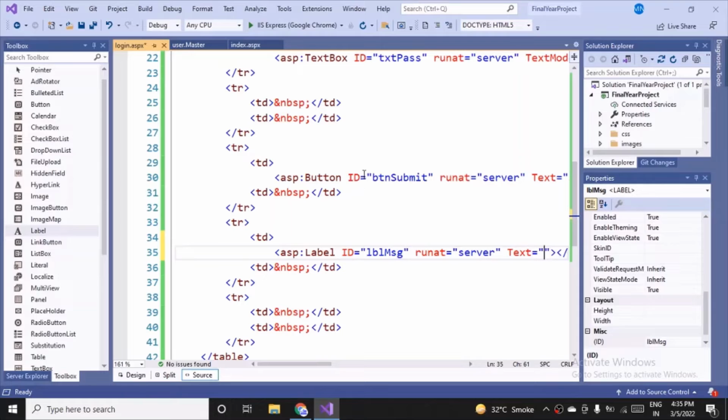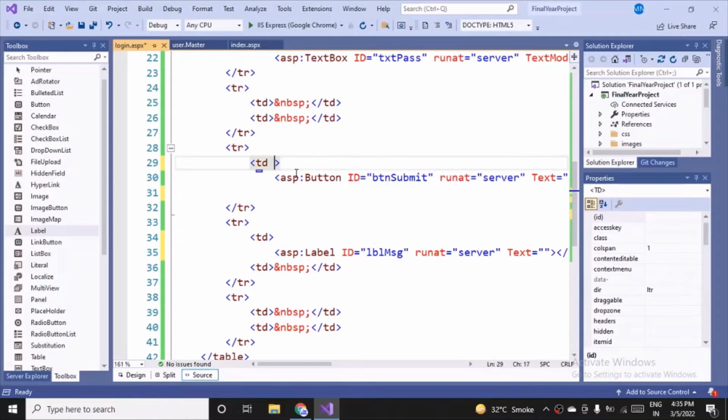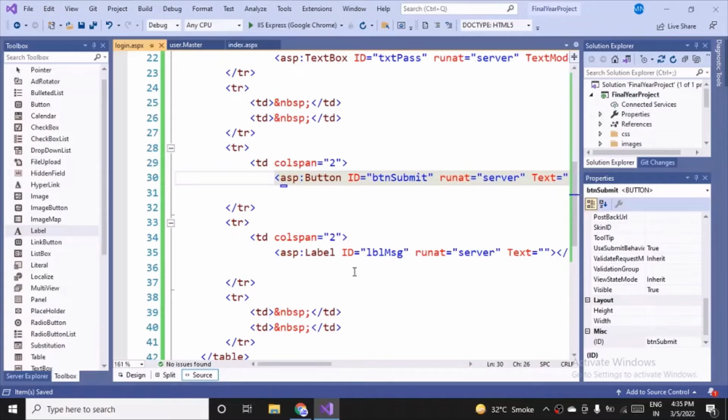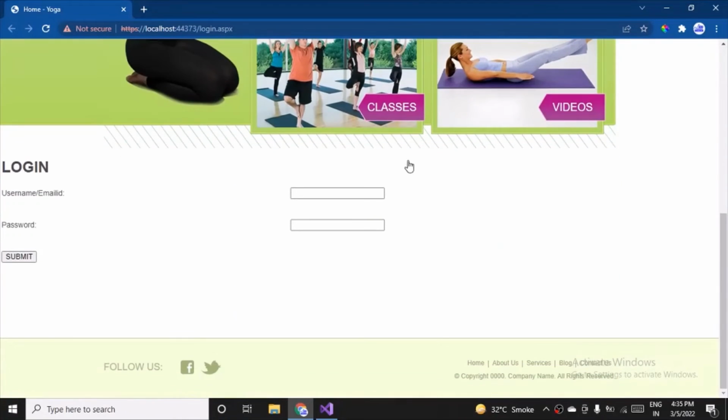And I want this button to occupy at least both the columns. So again the same thing, remove this table data from here and mention that it will take 2 column space, colspan 2, and similarly for the label also. Save it. Let's view in browser. So you all can see the login page